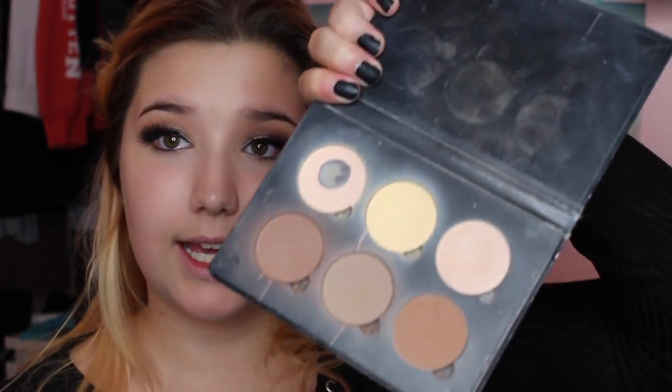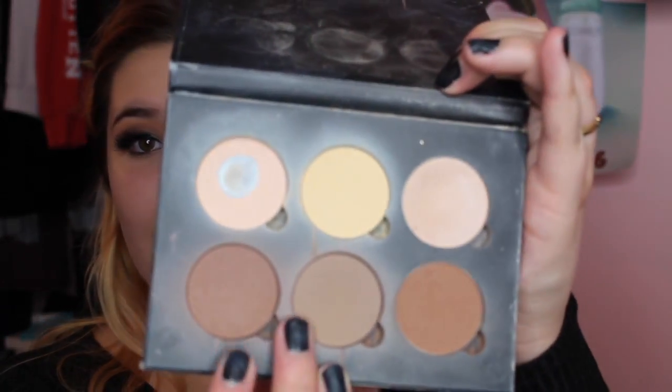Now I'm going to take my Anastasia contour kit and I'm going to mix these two right here on this brush that I'm pretty sure is from like Icing or Claire's, but it's just like a little tapered, but it's fluffy. And I'm going to use this to contour and bronze. I'm just going to mix these shades. Just hit right in those cheekbones and on my temple and forehead area,